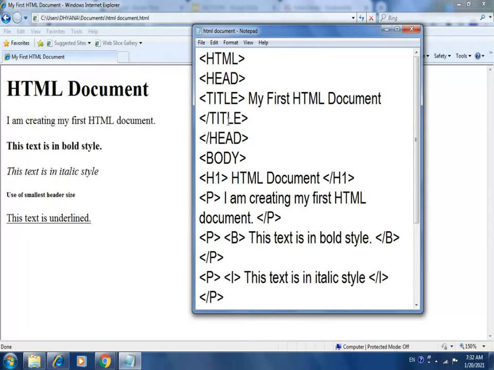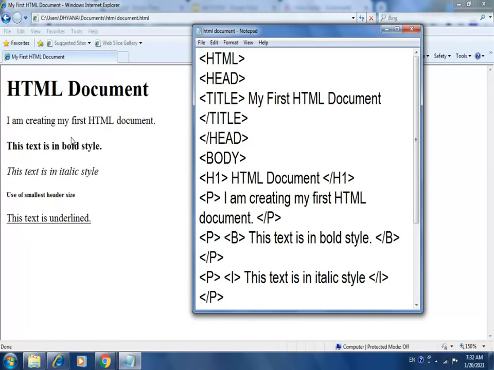Then the body part. Between H1 and slash H1 there is this heading, HTML document, the largest size of heading. Then the paragraph. When you use the P tag for a paragraph, the browser automatically gives one blank line before and one blank line after.